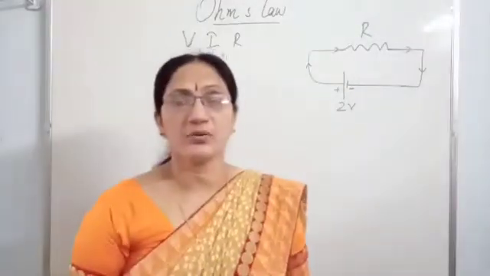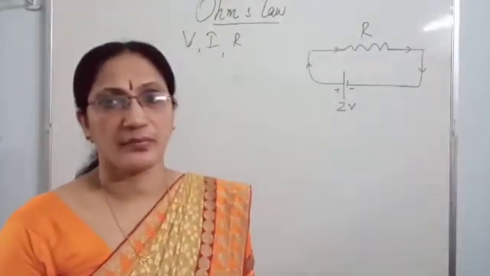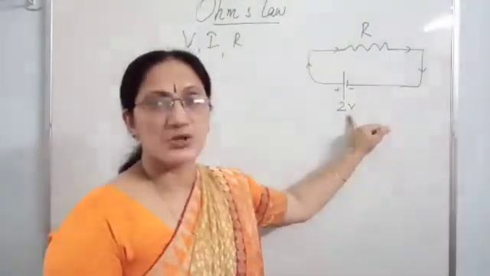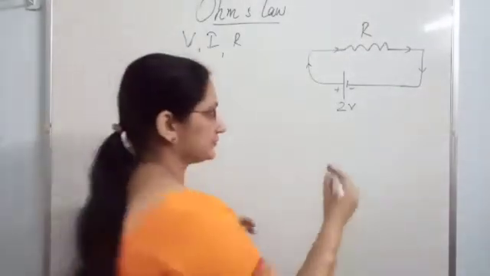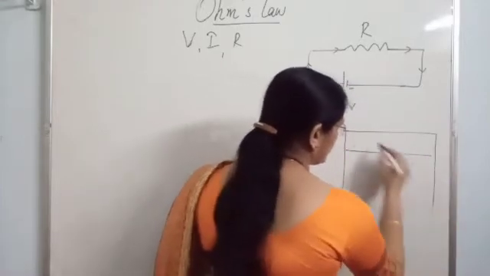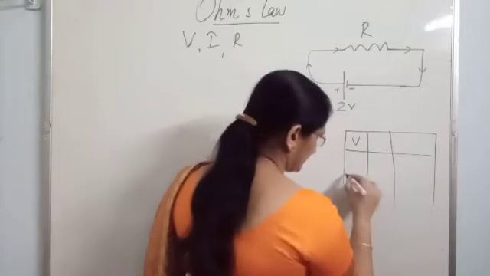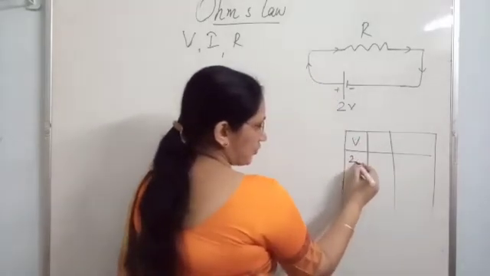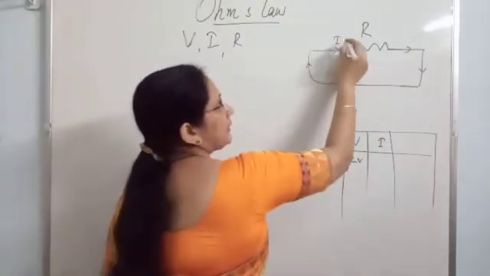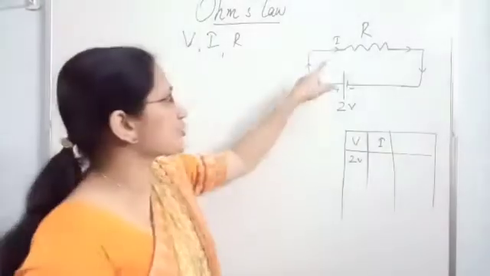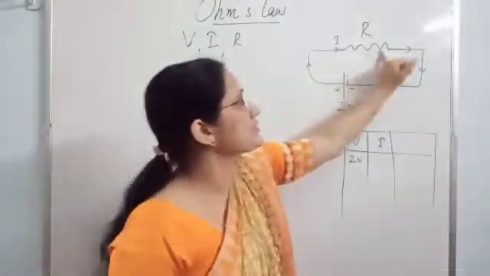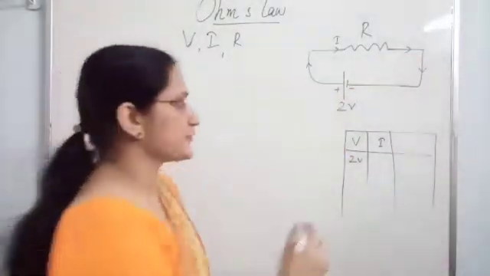Now you have to note down how much current is flowing. Current, its symbol is I. Potential difference, its symbol is V. So V and I you have to record. Here I am marking it in a tabular column. The V value here is 2 volt. And what is the corresponding I value? You can record it with the help of an ammeter. In the diagram I have not shown it. Here you connect an ammeter. That ammeter will tell you how much current is flowing through this resistance wire R. Suppose it is 1 ampere.